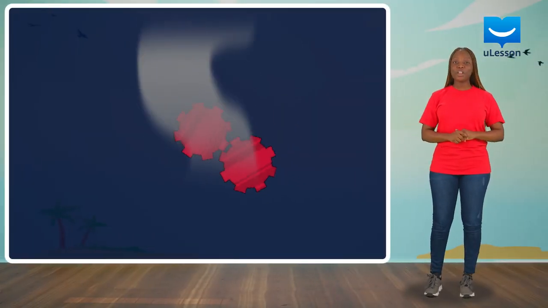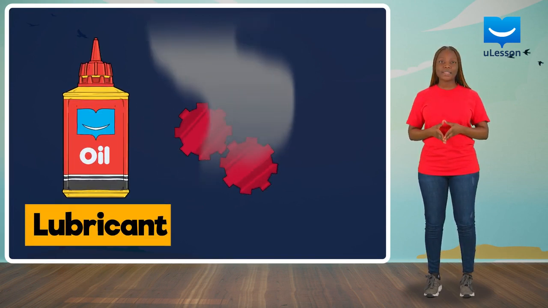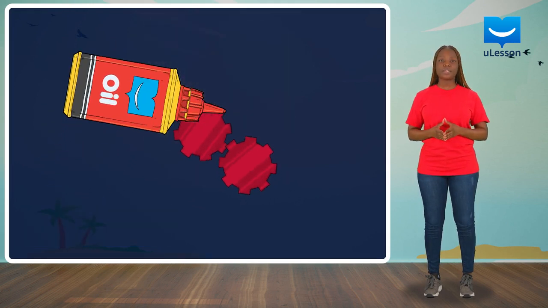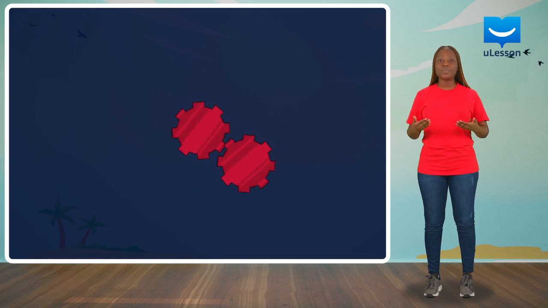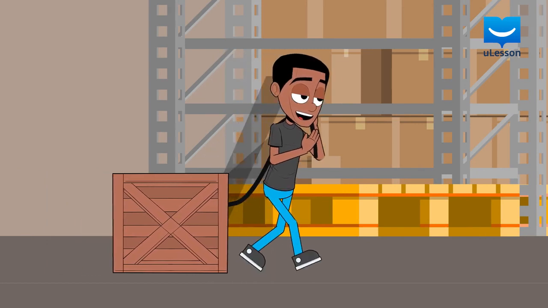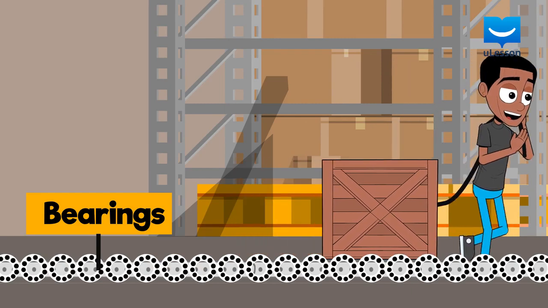Another good thing about friction is that when it is not wanted, it can be reduced by adding lubricants or bearings. Lubricants are oils that reduce the friction between surfaces. This helps them to run smoothly with less heat produced. Bearings are metallic balls that function like mini tires, allowing two surfaces to roll along each other easily.